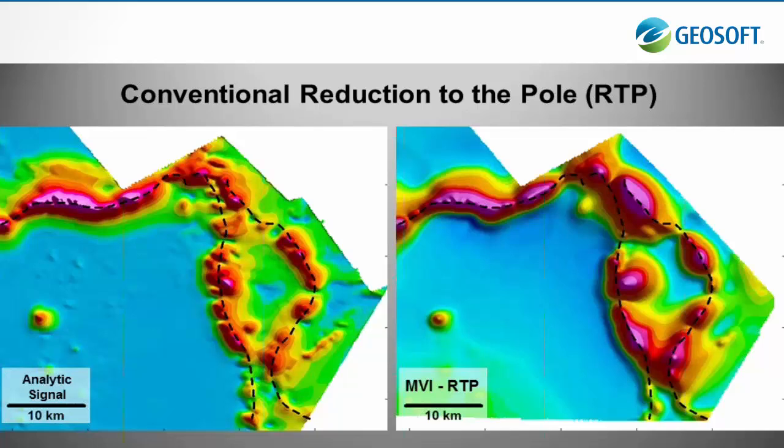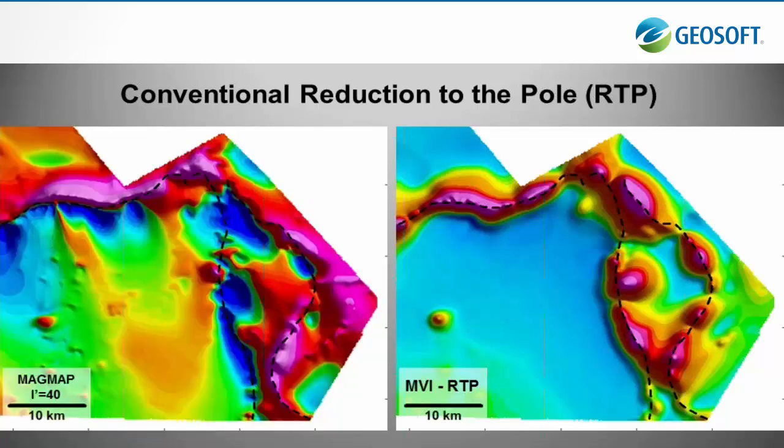Thank you. Okay, Steve. First, a comment on reduction to equator. In this kind of situation, it will reduce the north-south signal quite dramatically. So you end up losing some of the resolution of your data. Whereas RTP will keep, as you say, preserve the noise, unless you have another better technique that you've shown us. The question is on